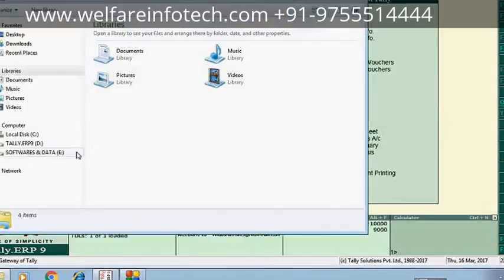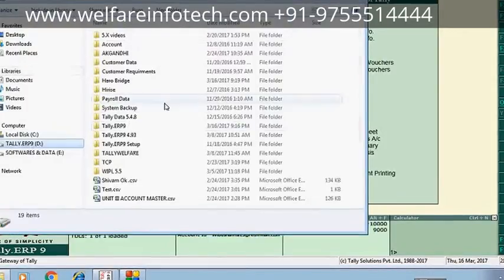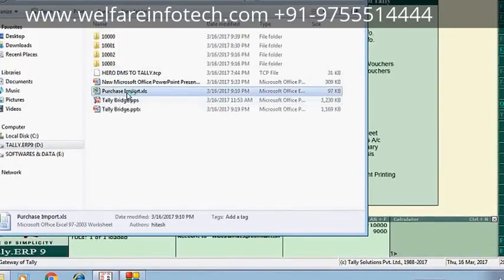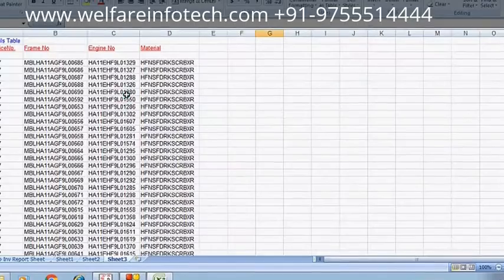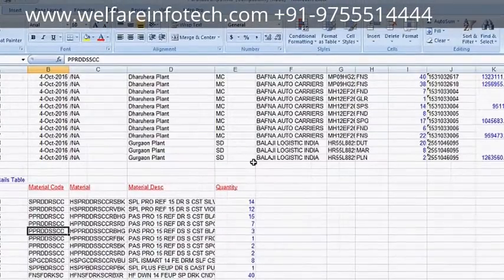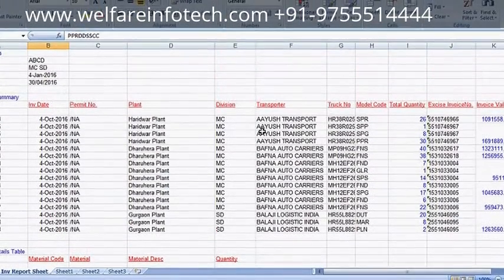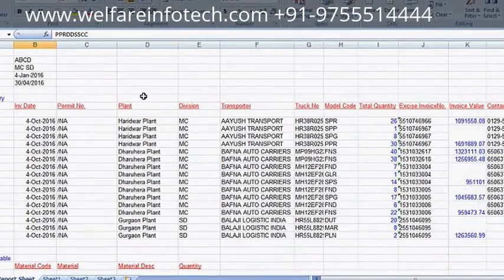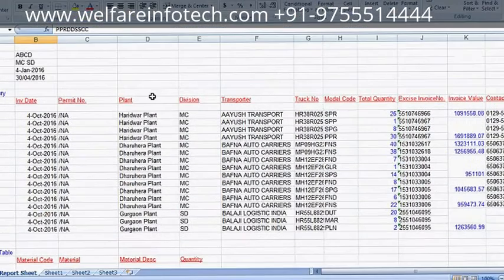So first of all, let me show you the files which we are going to import. So this is the Excel file which we received from the Hero DMS. So this is the file. I hope each and every dealer knows this format, knows this file. So dealers, what do they have to do?